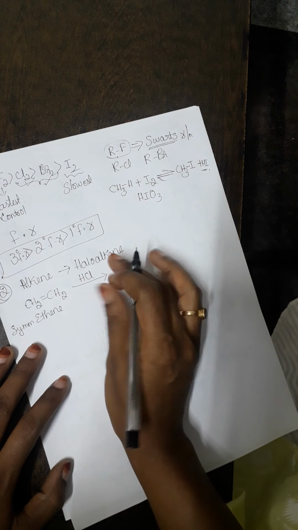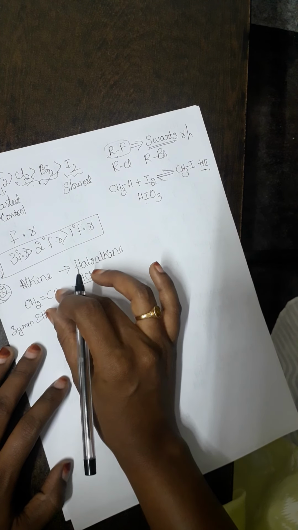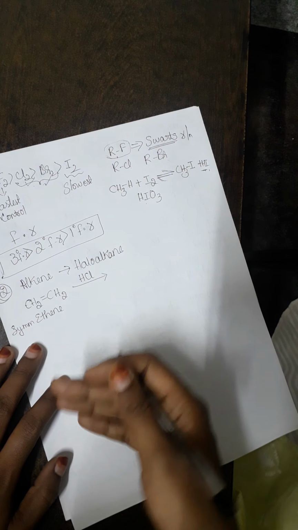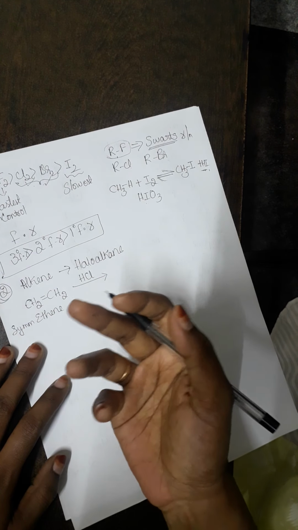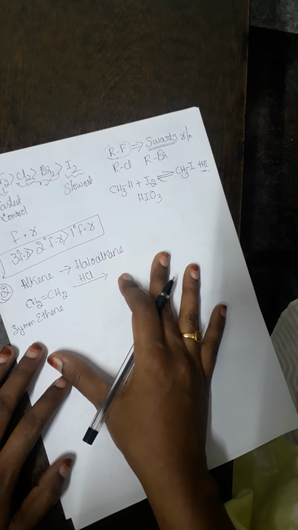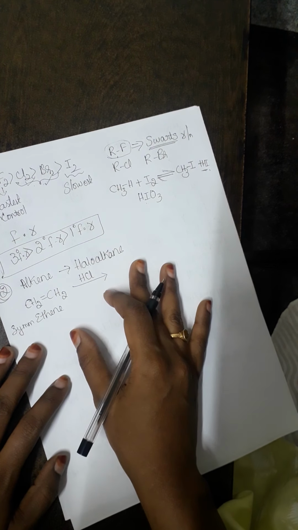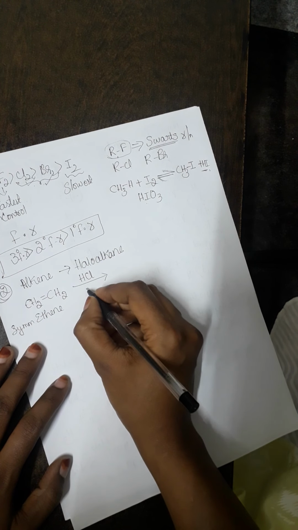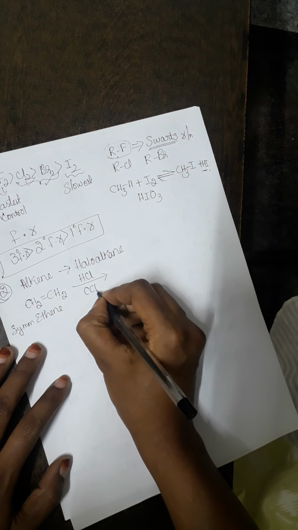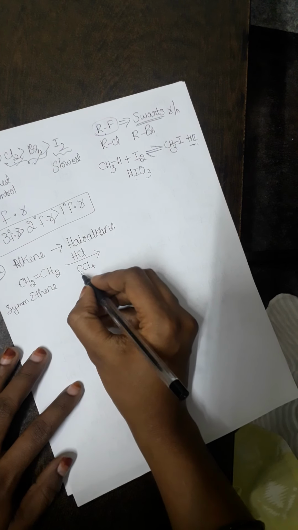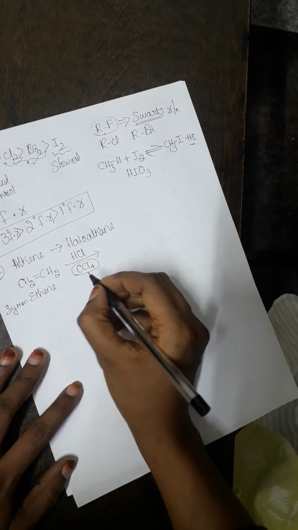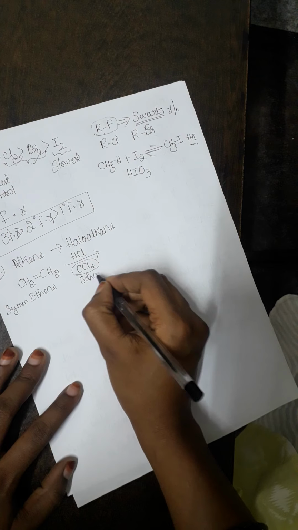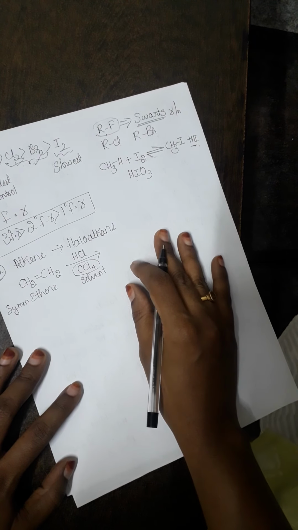Okay, so here hydrochloric acid addition to an alkene can be decided based on the conditions. Conditions play a very vital role here. So what is that condition? Let us consider that the HCl is present in the presence of CCl4. So what is this CCl4? Carbon tetrachloride. It acts as a solvent in organic reactions.